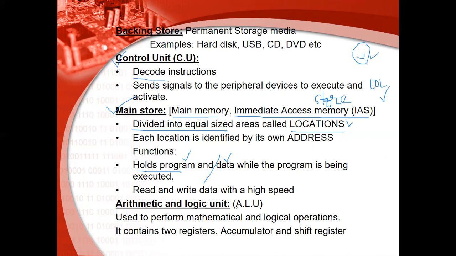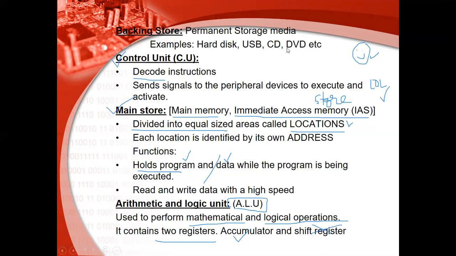Then the arithmetic and logic unit. This is the part responsible for mathematical calculation, not only mathematical but logical operations as well. There are two registers involved in it, the accumulator and the shift register. You don't go for the shift register because that's not included in the course, but there is an accumulator. This accumulator is responsible for performing the task of a general purpose register. It is written in the document received from the British Council that whenever there is a task of a general purpose register, that counts as the role of the accumulator. So that's the general purpose register.